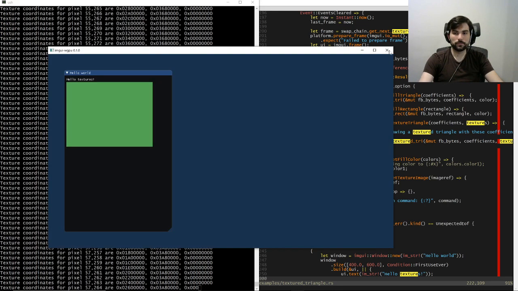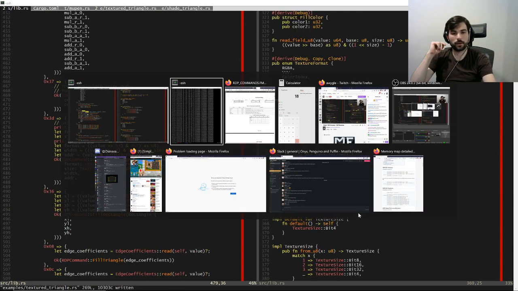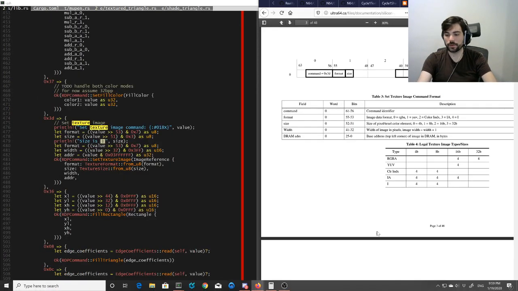Okay. Alright, so now you run. The next thing is how do I actually draw a texture. I feel like I kind of want to get to that point before I call it, but